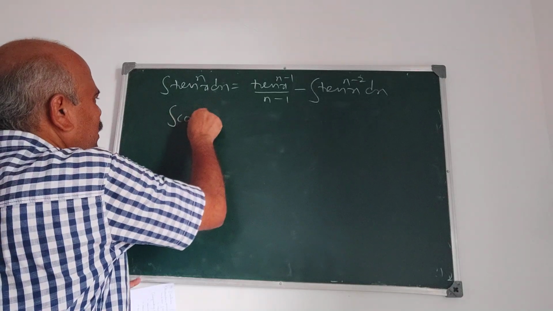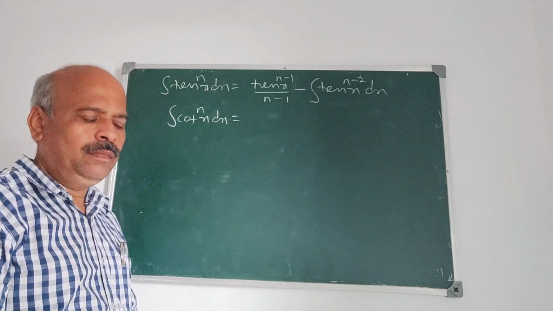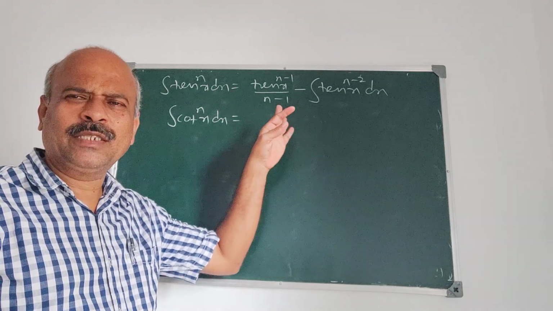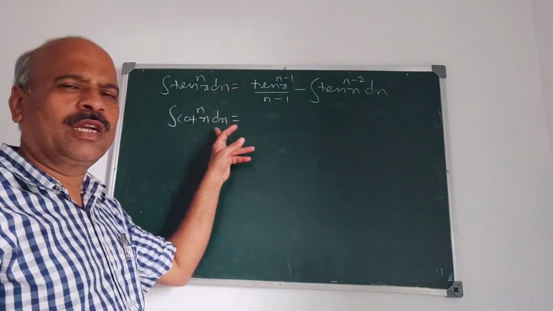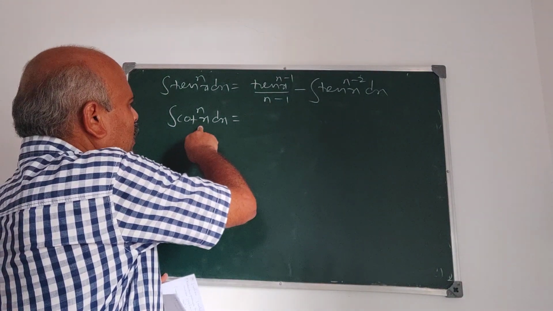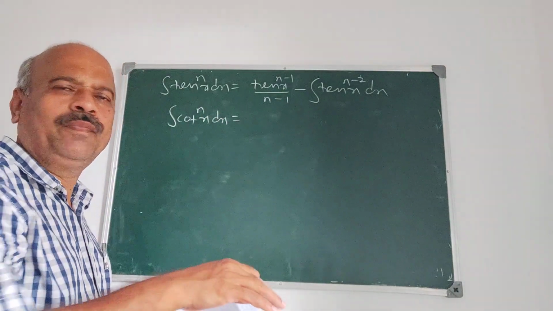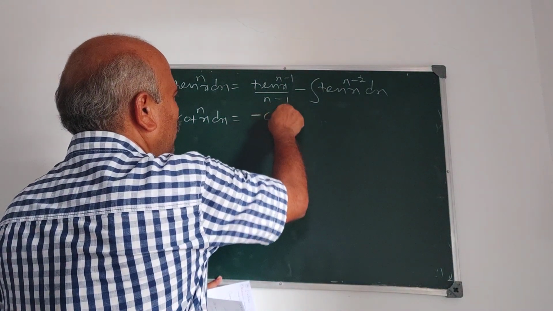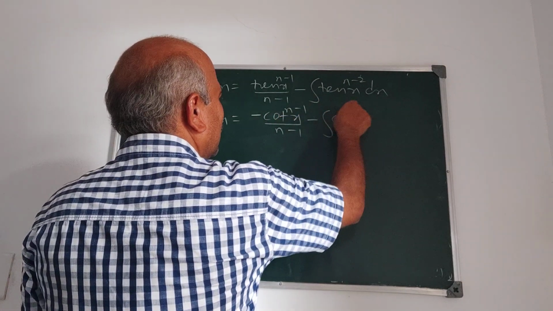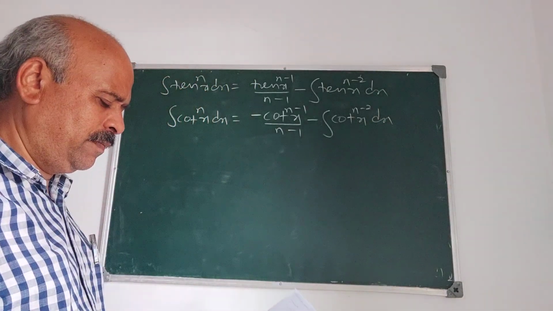Similarly, we have derived the reduction formula for cot x raised to n. The procedure is the same, as for sin x raised to n and cos x raised to n. For tan x raised to n and cot x raised to n, the procedure is the same. How do we write it? We write cot x raised to n as cot x raised to n minus 2 into cot square x, and cot square x is written as cosec square x minus 1, and proceed, and you will get this. And what do we obtain? Cot x raised to n minus 1 by n minus 1 minus integral cot x raised to n minus 2 with respect to x. This was the reduction formula.